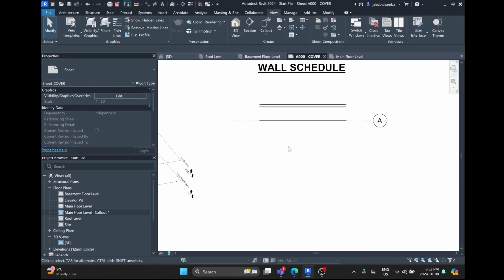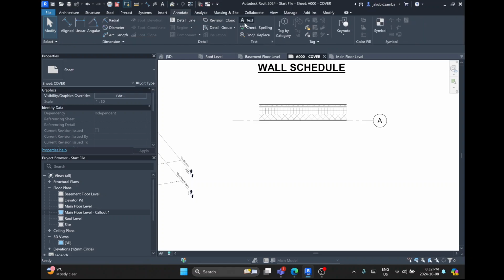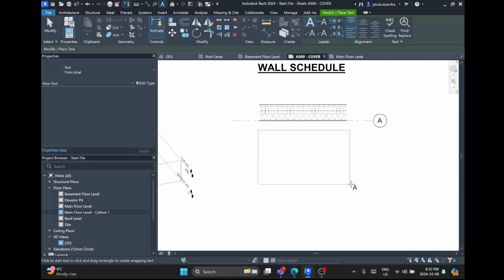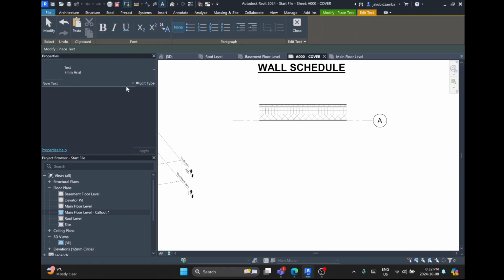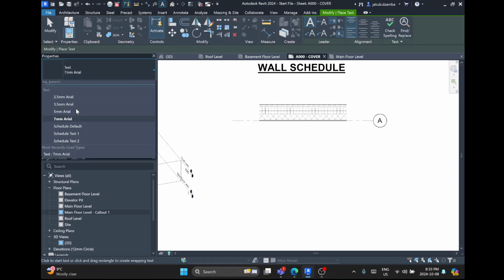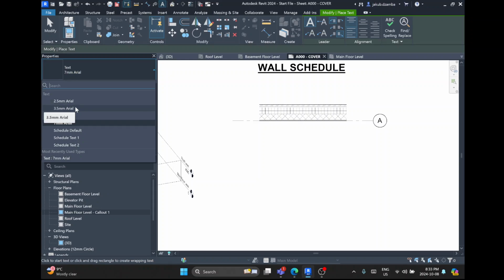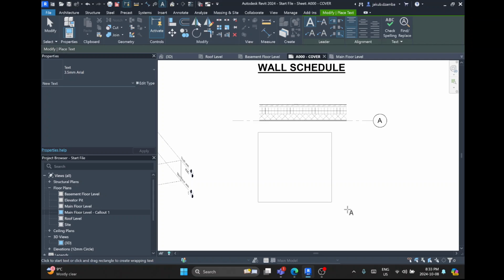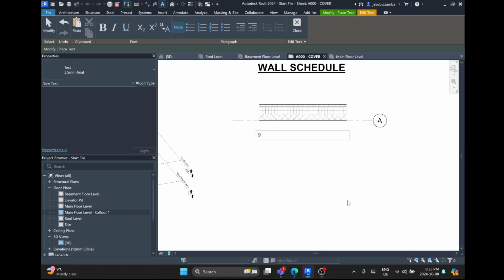Okay. And now I can go to annotate, text. And for now, I just did it by writing up the anatomy of the wall. I thought I could switch this. Maybe I need to switch it before. So let's go to 3. Let's do 3.5. Okay. So I think it's something like 90